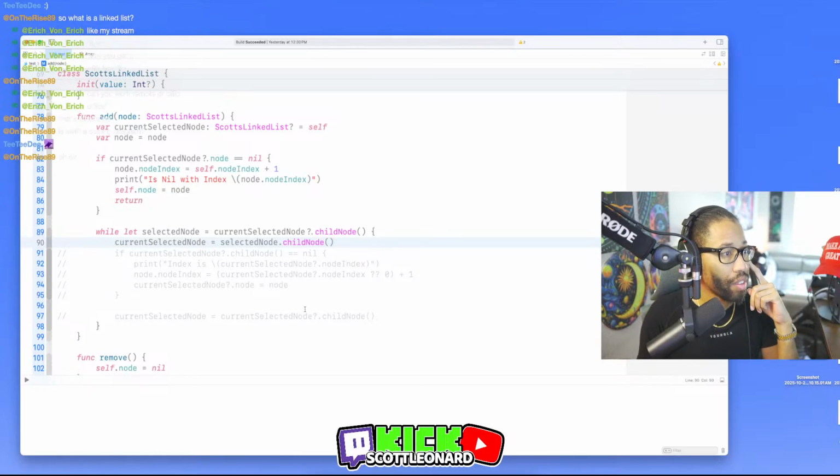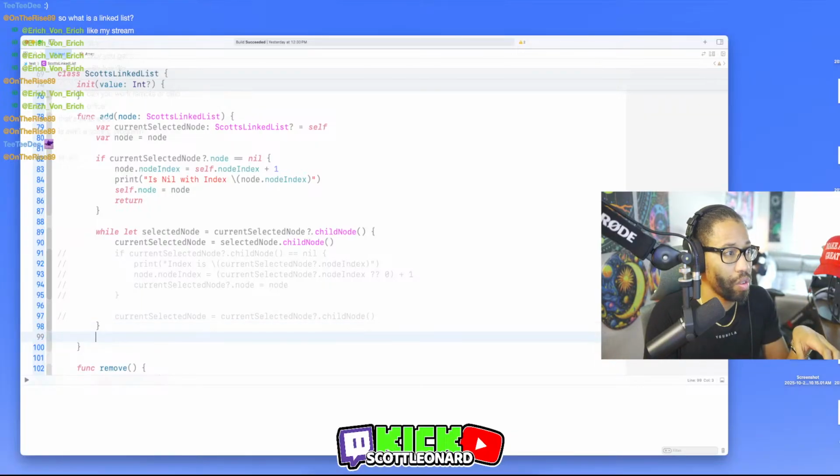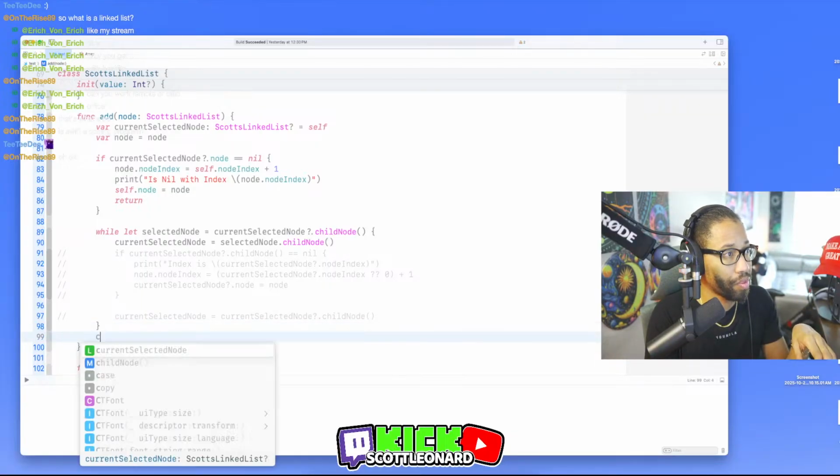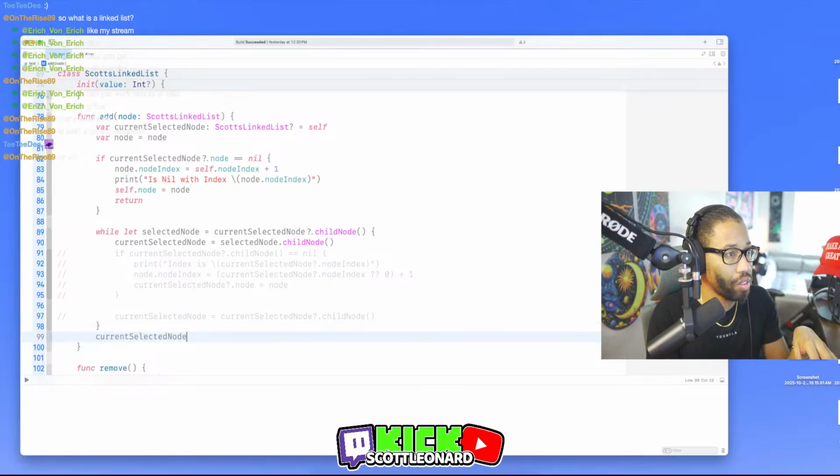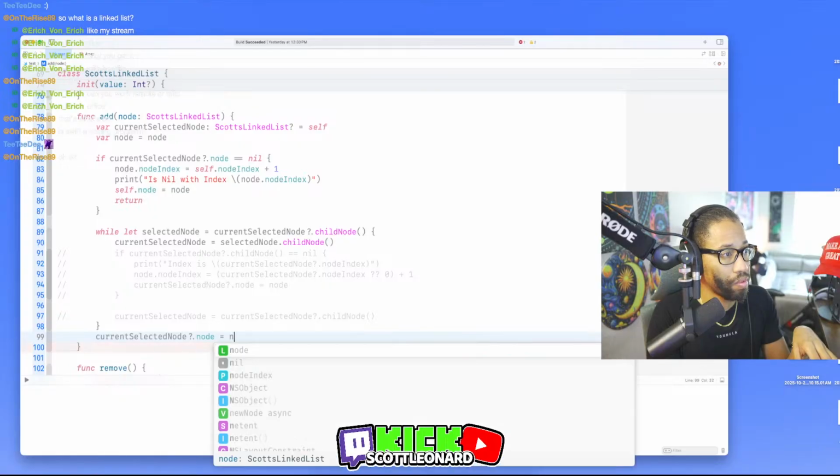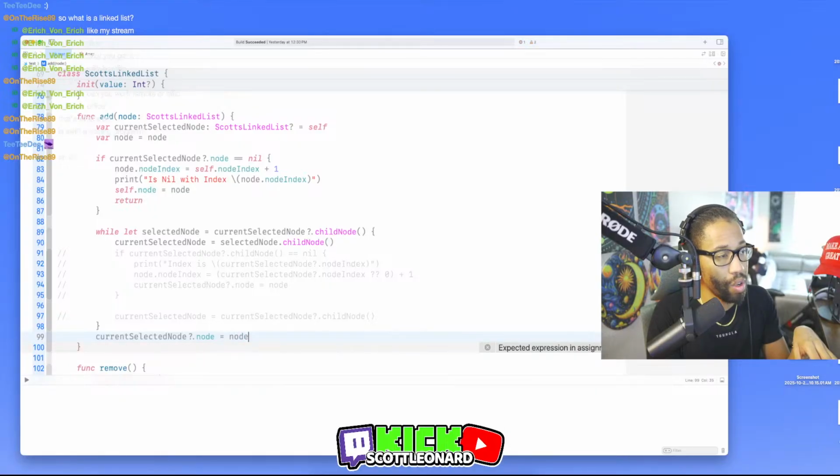After the while loop, we would put current selected node dot node equals the node that's getting passed through.